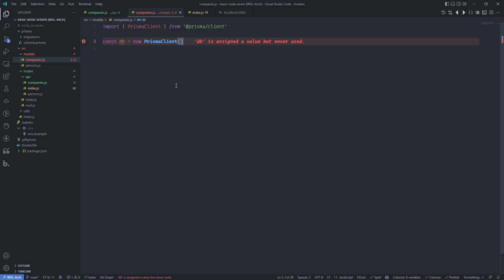A new PrismaClient. And then we can actually do different elements here. Something probably that we can actually use. We can do export const. And probably we can do export default new PrismaClient. Let's actually put all these lines